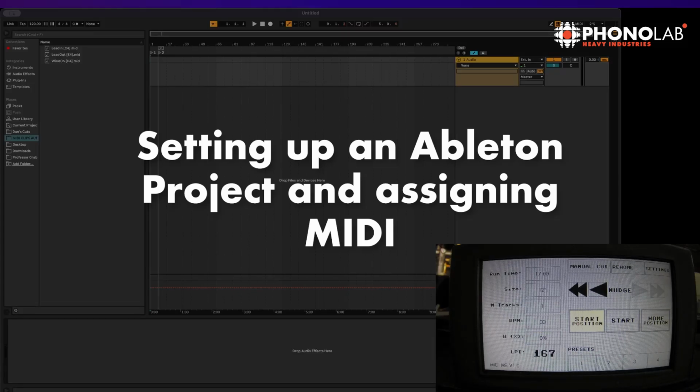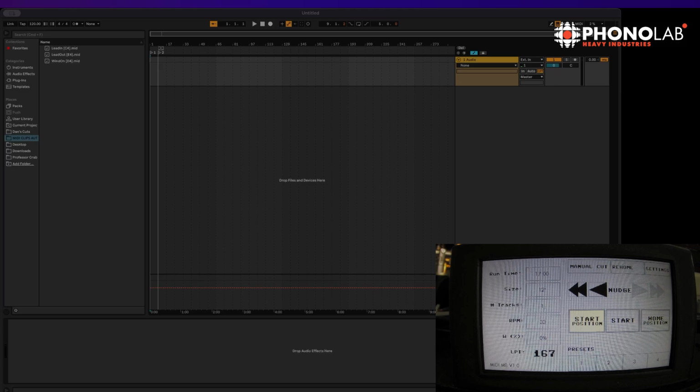Okay, in this video, I'm going to show you how to set up the PhonoLab MIDI M8 with Ableton Live and how you can attach your MIDI to Ableton so the unit can function correctly. What we're going to do is, I'll just quickly show you, the first thing to do is to set your